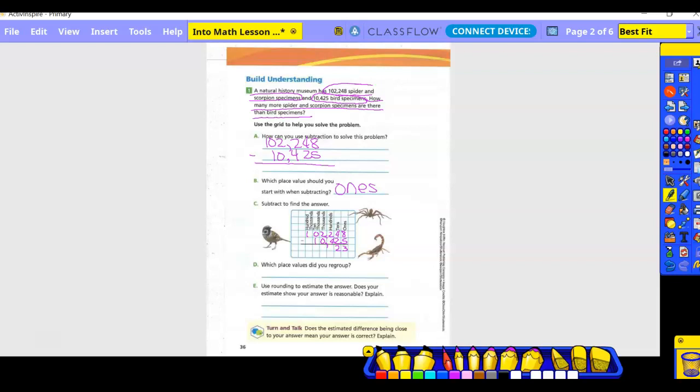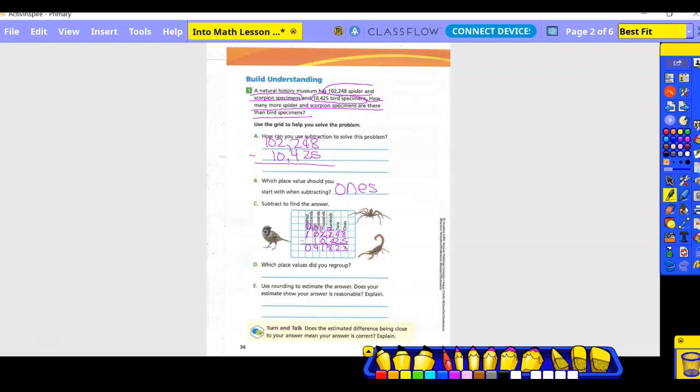Can I take 4 from 2? No, I cannot. So this 2 becomes a 12. Then this 2 becomes a 1 because I went next door, right? Can I take 1 from 0? No. So this becomes a 10 and this becomes a 0. All right. So now can I keep subtracting? Okay, 12 minus 4 is 8. 1 minus 0 is 1. 10 minus 1 is,